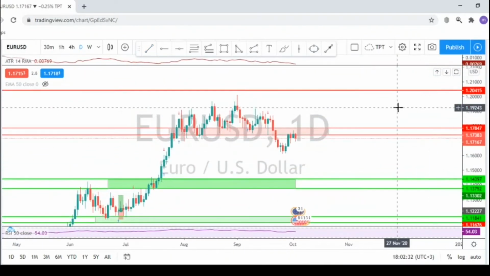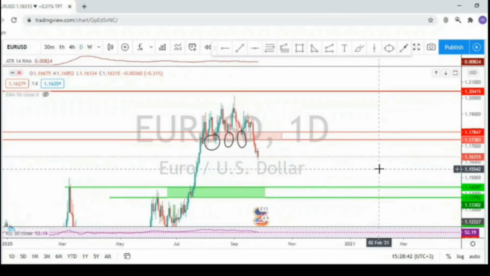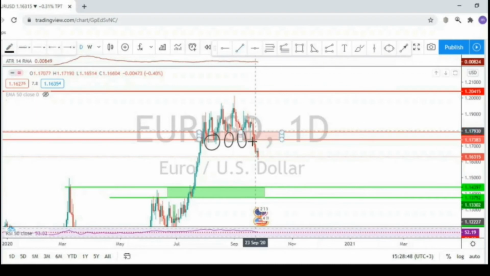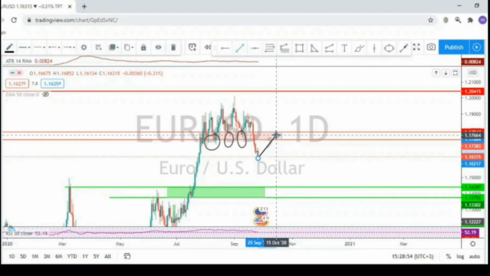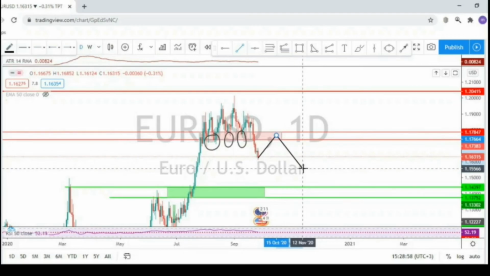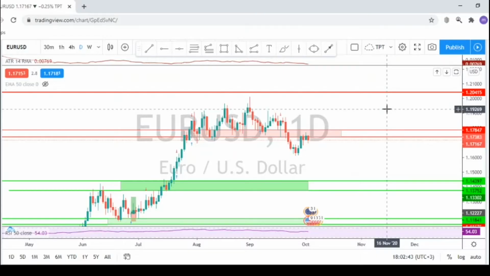On euro dollar, again, before I go into this technical analysis, let me first show you a clip where I made this prediction. My directional bias has changed and I see this euro dollar to continue in the downtrend. So what I'm waiting now is this market to make a pullback to this level of structure, then find an indication to continue to the downside. As you've seen from that clip,